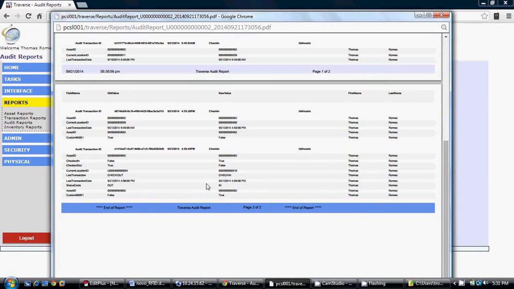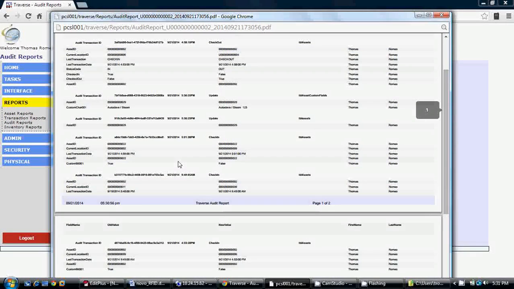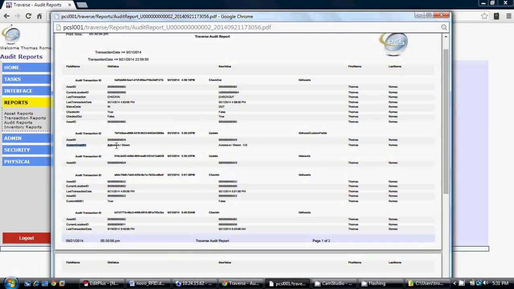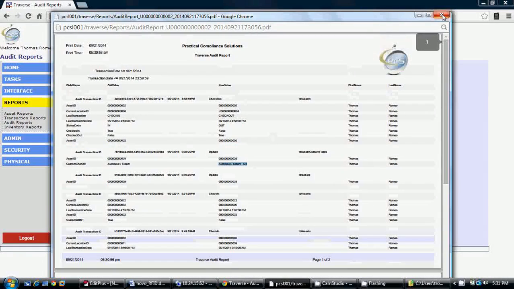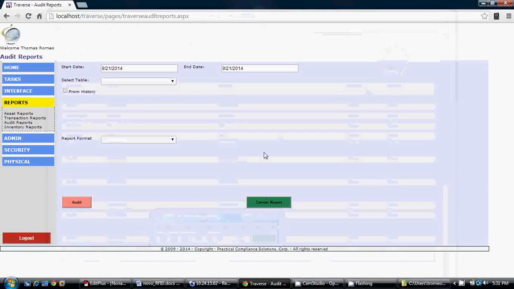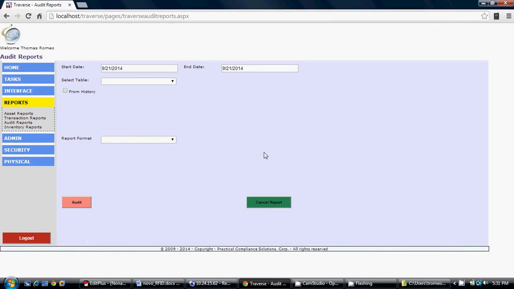But here's the real, here's the update. So you see, it was autoclave steam, and I changed it to autoclave steam 1, 2, 3. So every single thing in our system, in Traverse, is audited. Every record change that occurs, whether it's a check-in, a check-out, a regular transaction, or any data type at all